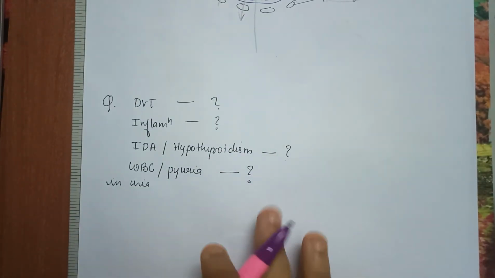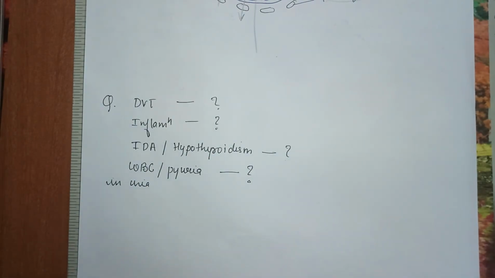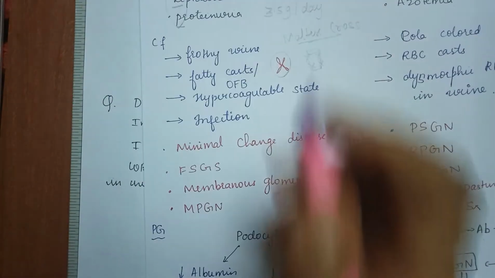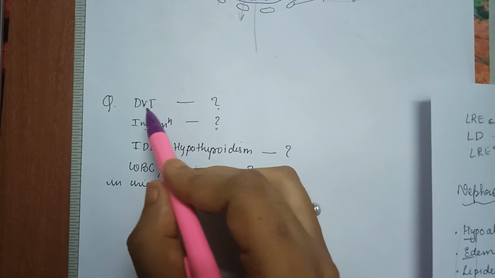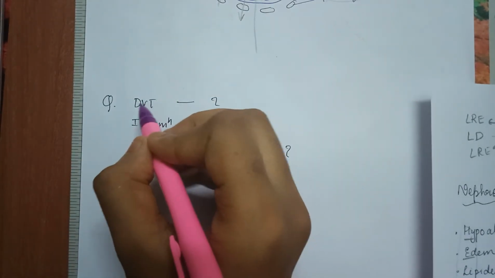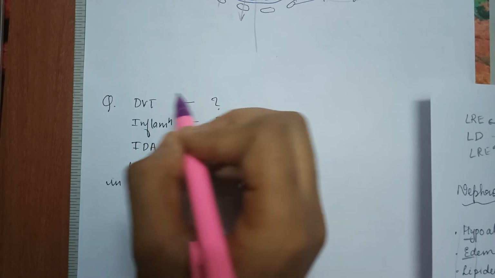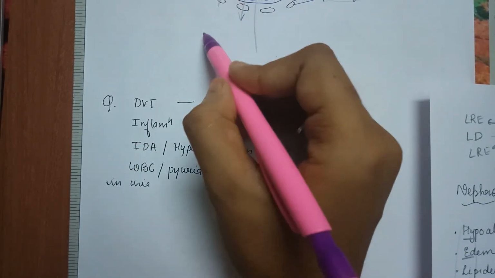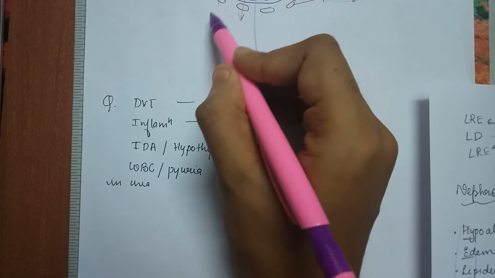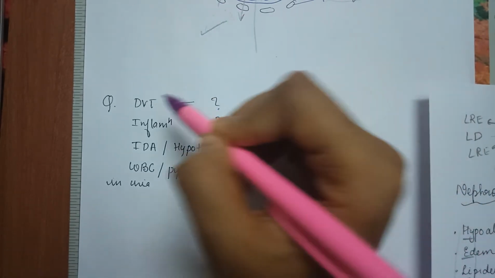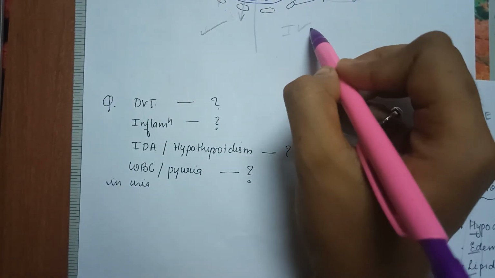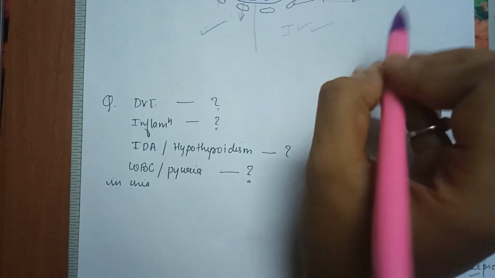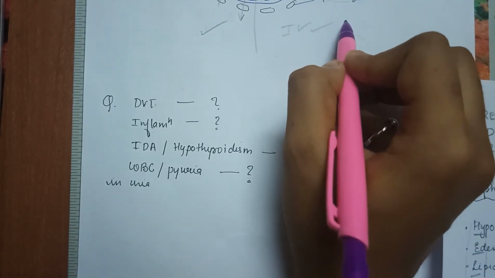Remember that. Now a few questions. These were previously asked questions, one liners asked in the NEET exam. I have explained the clinical features in detail also, so it will be useful for the next exam too. Which is associated with deep vein thrombosis and pulmonary embolism? I told you there is loss of antithrombin 3 and not only albumin but also protein C and S. Therefore nephrotic causes deep vein thrombosis. Inflammation is associated with, I told, immune complex. There is glomerulonephritis. Therefore nephritic syndrome is associated with inflammation.